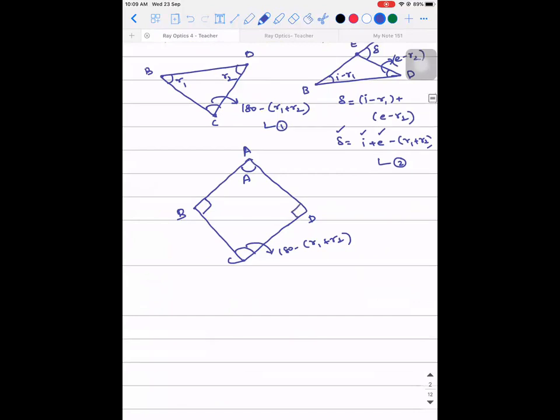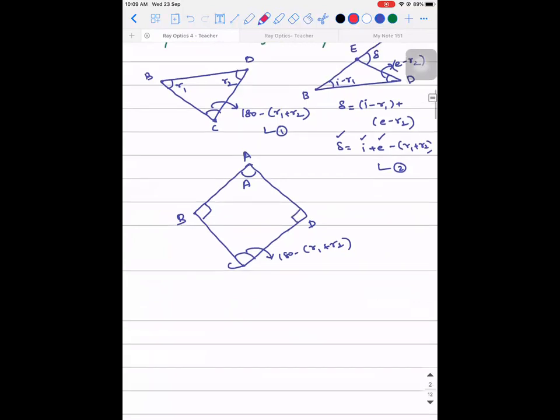So here one important point you need to concentrate on is that B and D are common in all the triangles that we have considered. But in each scenario, the angle that it is subtending is different, because we have taken different lines. In the first scenario, B and D are joining, and B and D are joining in the second case too. But we have considered the triangle below B and D in the first case, and in the second case above B and D. In the third case, B and D are not joining at all. B is joining to C, D is joining to C. So that is how the differences are.